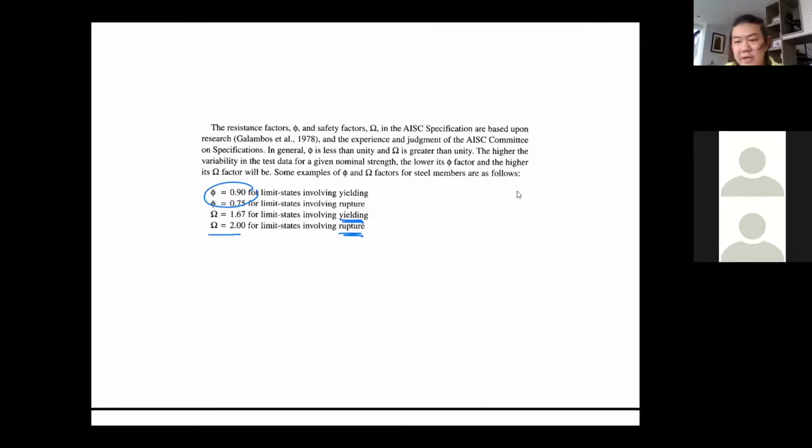So you can imagine that yielding is a ductile failure. So it is slightly less damaging. It gives you the opportunity to run away from it because it's going to show some sign, it's going to yield. So the factor of safety is less than the rupture mode, where everything is torn apart and the failure is called brittle, and it can be more catastrophic. So the factor of safety is 2 for